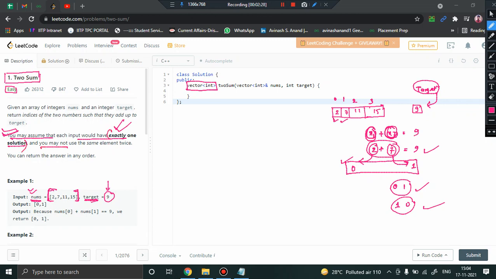Also, you may not use the same element twice. Why so? Supposing you have an array of numbers 3, 5 and 2, and I want to get a sum of 6. You may say that okay, we can have 3 plus 3 equal to 6, with x1 as 3 and x2 as 3. But now if I ask you what is the index of these 3, you will say 0, and for the other 3 also 0. You can see they have the same index, which means that you are repeatedly using the same number. That is not allowed in the question.